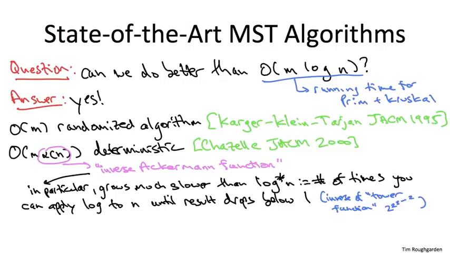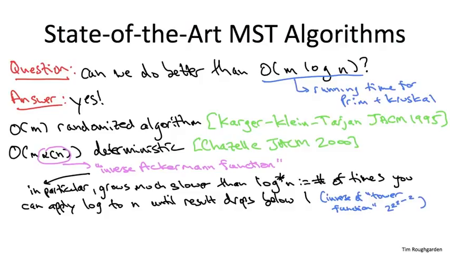So to appreciate just how slow-growing the log star function is, let alone the inverse Ackermann function, what you should do is type in the biggest number you can into your nearest calculator or computer. Just keep typing in 9s as long as you can. Then go ahead and evaluate log star. Keep applying the log function until it drops below 1. Probably the result's going to be something in the neighborhood of 5. So log star of the biggest number in your calculator or computer is going to be 5. That's how